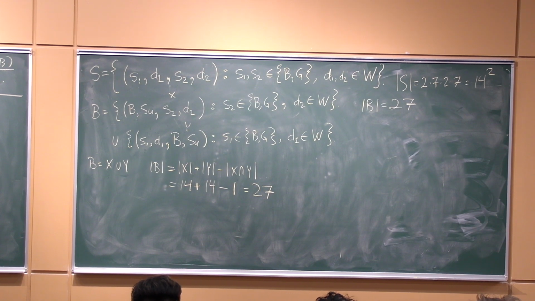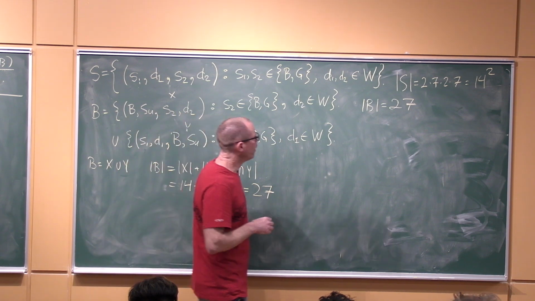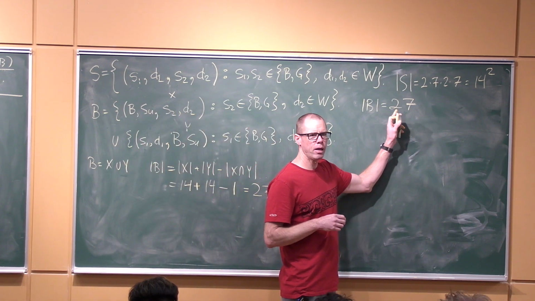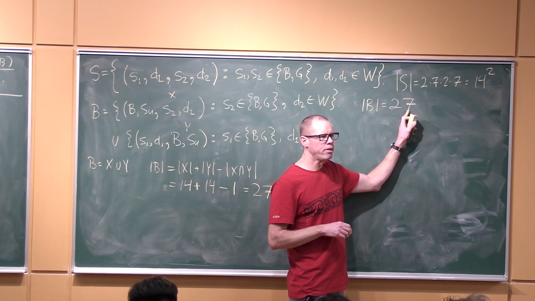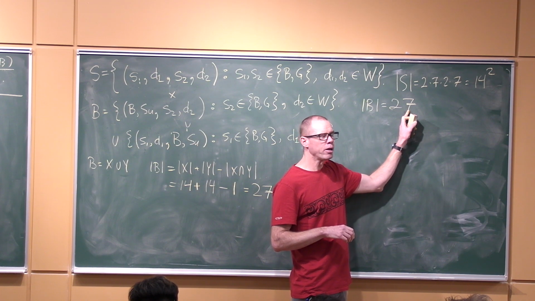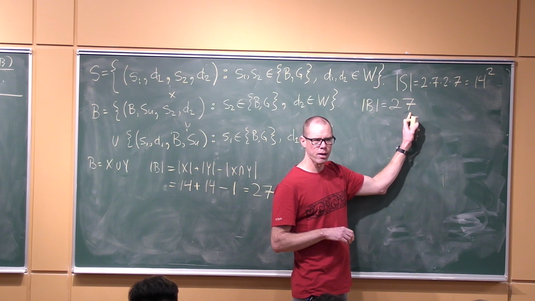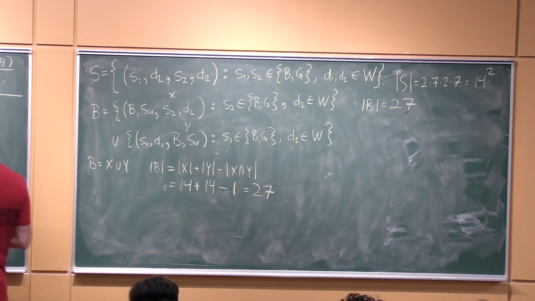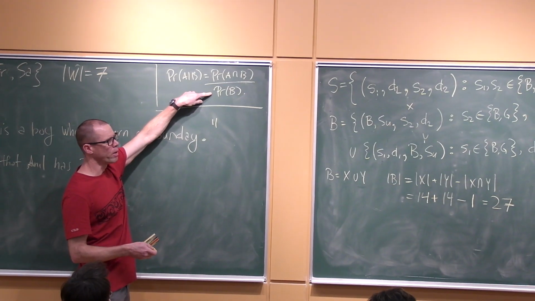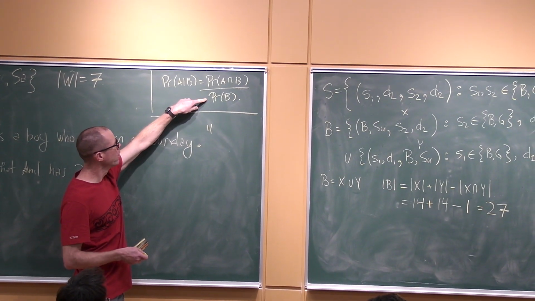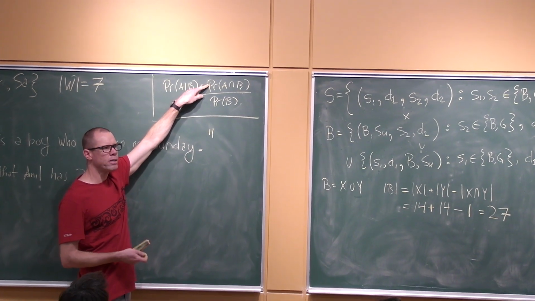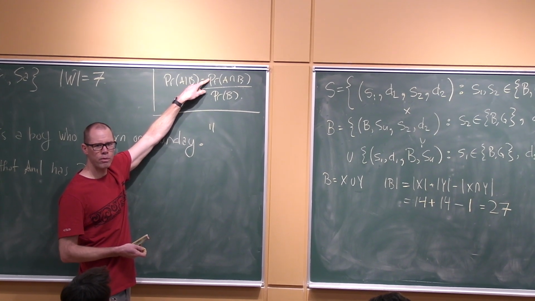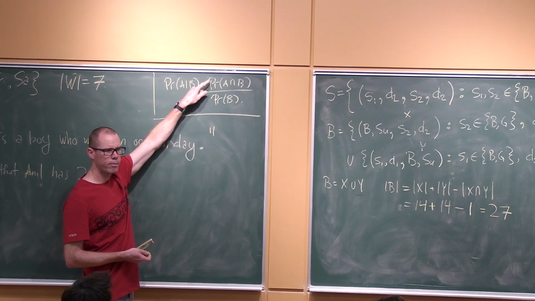Okay, so everything is still plausible here because 27 is divisible by 3, so there's still a chance that we're going to get the answer 1/3 that we're expecting, right? In the end, our answer is going to be something like this, and I'm telling you that on the bottom I'm going to see 27 over the size of S, so the thing on top, maybe it's 9 over the size of S, in which case we get 1/3.